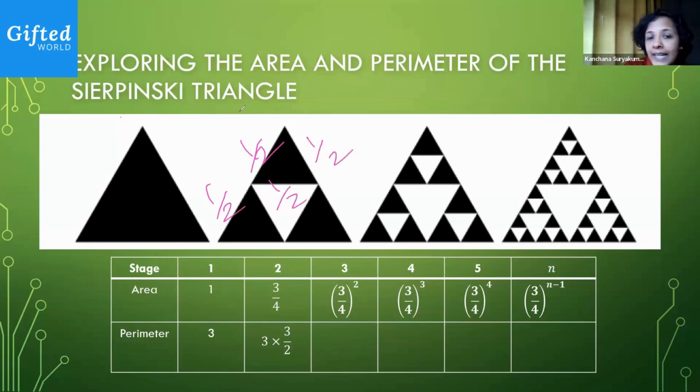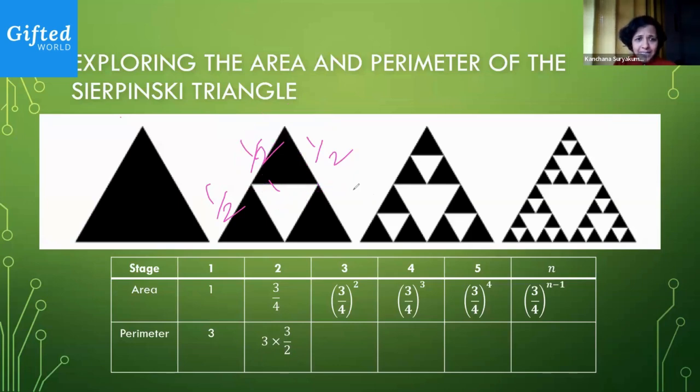So if I just take the triangle on the top, I'm walking half a unit, and another half a unit. I'm walking half a unit 3 times, which means I have 3 half units. And I do this again for 3 triangles. So what do I have? I have 3 times 3 half units. That's how I came out with the second stage perimeter calculation.